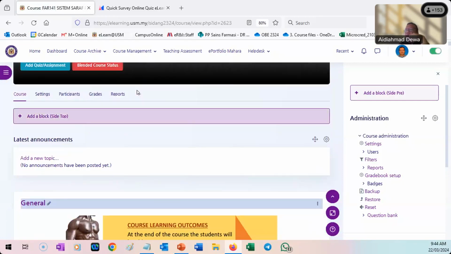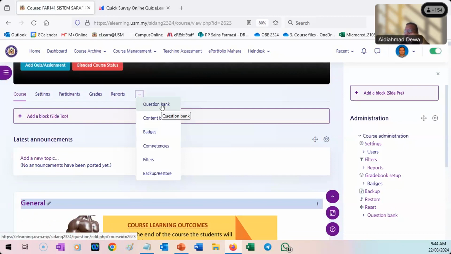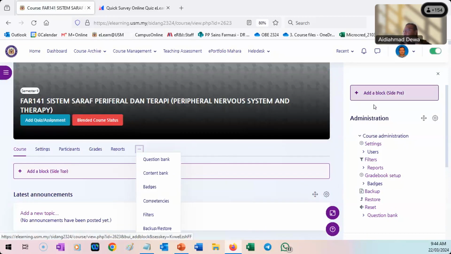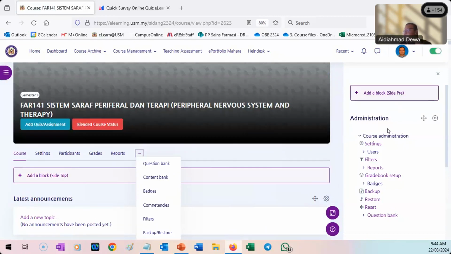As you see here, course setting, participants, grades and reports. If you click here, you will see the question bank here. Or if you see also on my side block, I also can see question bank here on my right hand side, bottom here. If any of you don't have this, don't worry, because you can add this block from the Moodle